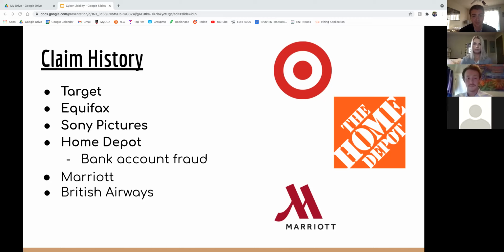Over 100 million customers' data were affected by this attack, where full names, phone numbers, email addresses, payment card numbers, credit card verification codes, and other sensitive data were stolen. Target ended up reaching a settlement of $292 million for the breach, and they had a $100 million cyber insurance policy with a $10 million deductible. Insurance ended up only covering about $90 million of the $292 million total.